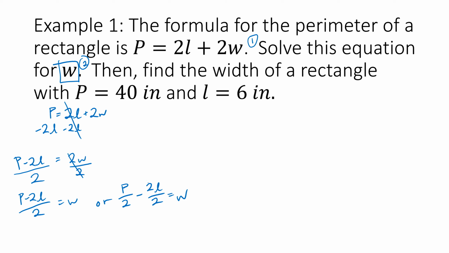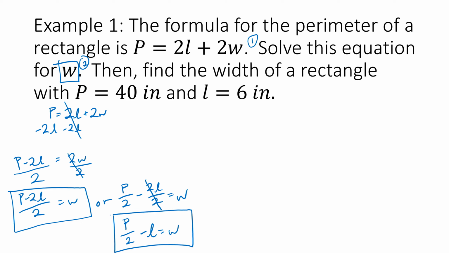Of course, in this case, the 2's would cancel, so really your final answer would just be P over 2 minus L equals W. This is an acceptable answer. Here, I distributed the division through. I distributed that dividing 2 through to the P and the 2L, so this is also an acceptable answer. Now, the second part of our problem says, find the width of a rectangle with P equals 40 and